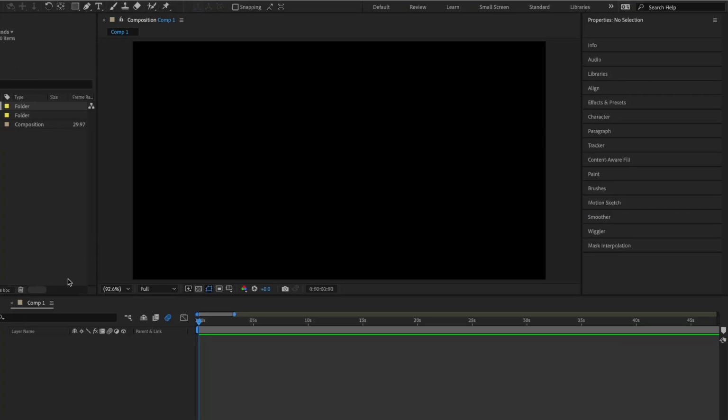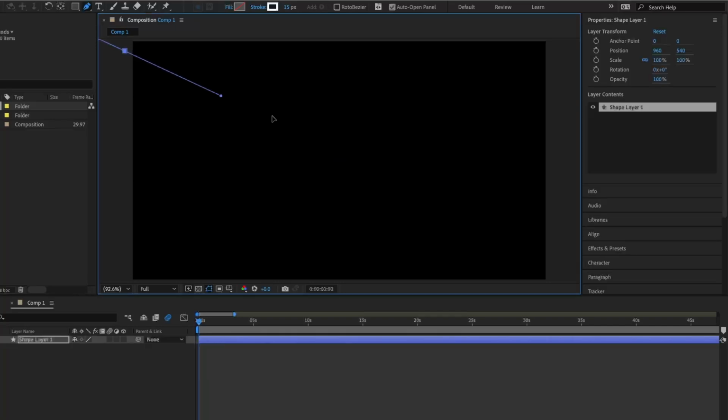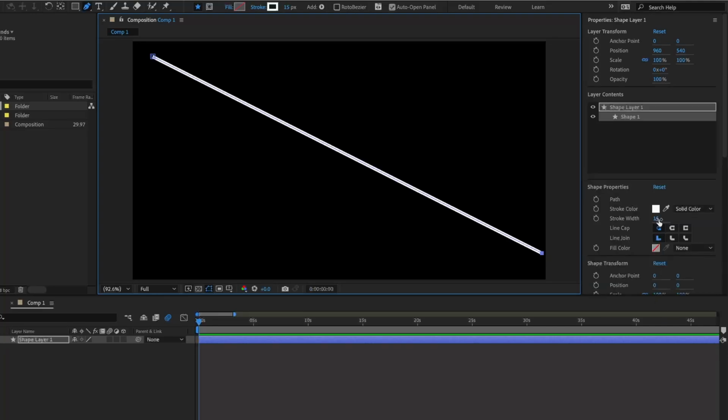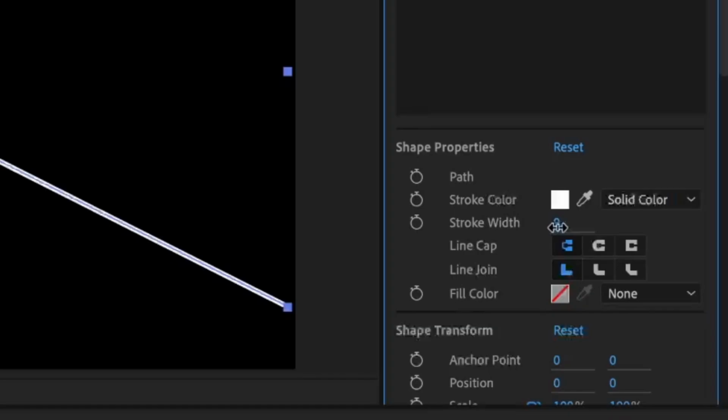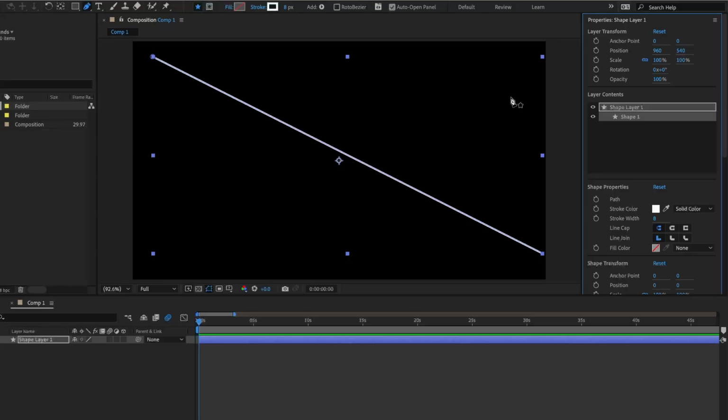Make like a 3D line tunnel thingy. So we click on the pen tool, and then we click on it, and then just drag it. Oh wait, click one time and then click the other, and then set your stroke width. I'll do like 8, and then